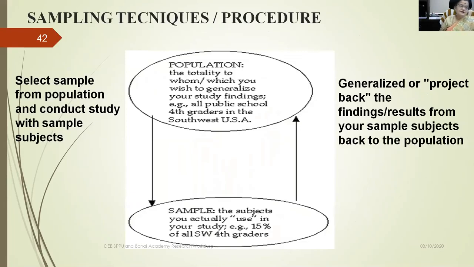Friends, as already told, we start with sample characteristics, and then we assume a population. Many times we are not able to get the exact population size. Then we assume a population size, and using different sampling techniques, we select our sample and we work with that sample, we collect data, we experiment, and whatever we